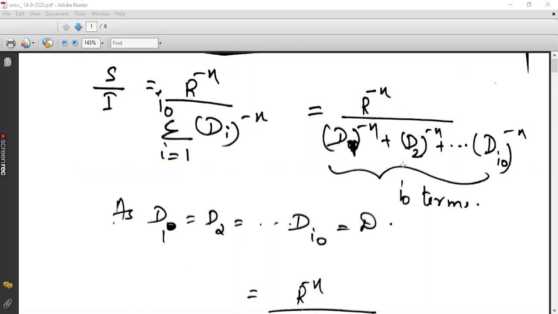Let me recall what capital D is: it is a notation that identifies the distance between two co-channel cells. Capital R is the radius of the cell that we have taken into consideration. Now I am focusing on one cell, and I need to calculate the SIR of that particular cell with regard to the base station. So the SIR of the signal received at the base station is the radius of the cell, R raised to minus n, divided by all the distances we need to take into account.